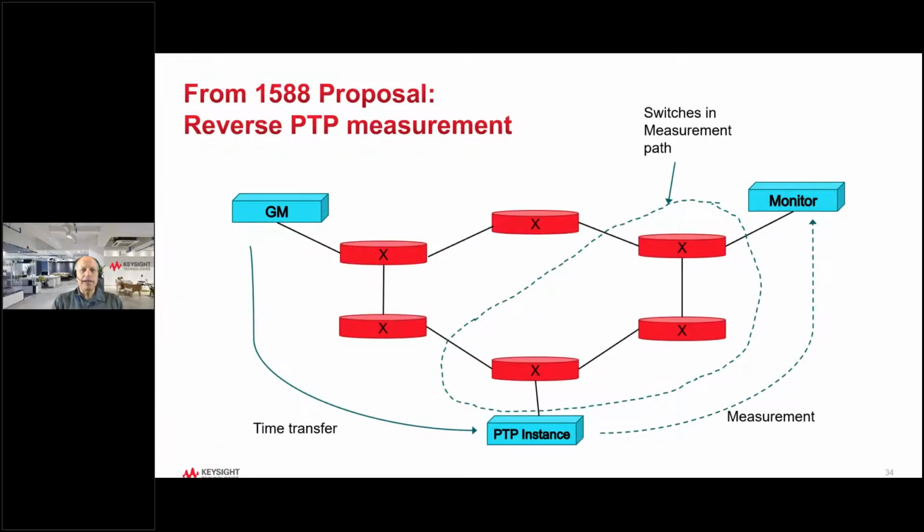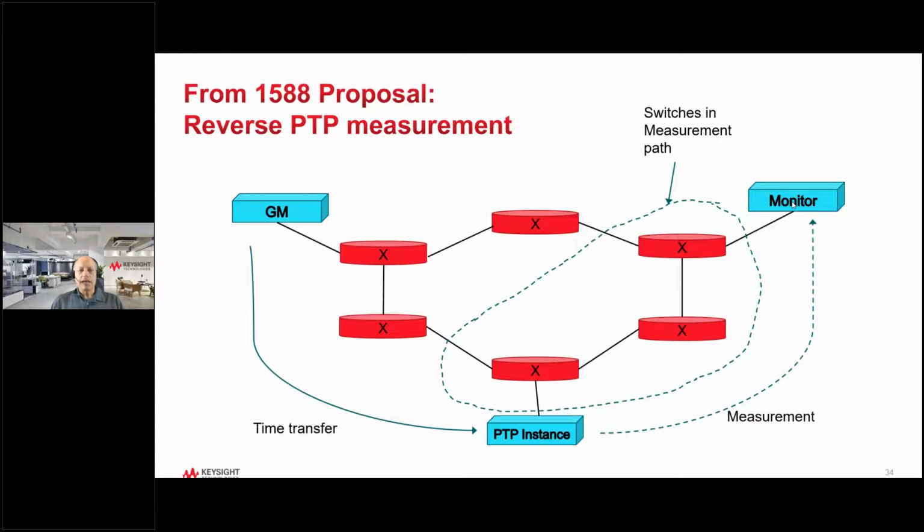This is the picture of the proposal in the current 1588 that's being discussed in the management group. You can see we're showing a GM that's somewhere on the network, a PTP instance somewhere else on the network, and a monitor somewhere else. In the case of a typical data center network, it's fairly easy to implement. One way of doing it is to potentially